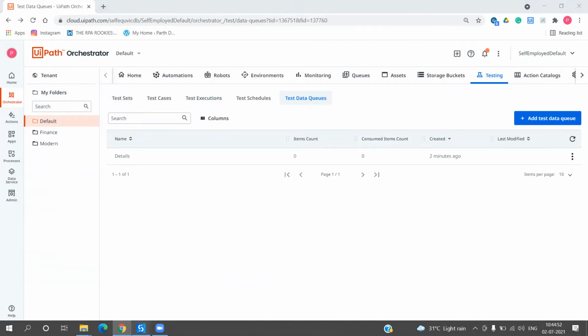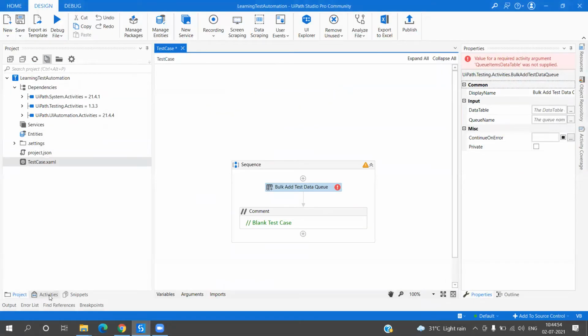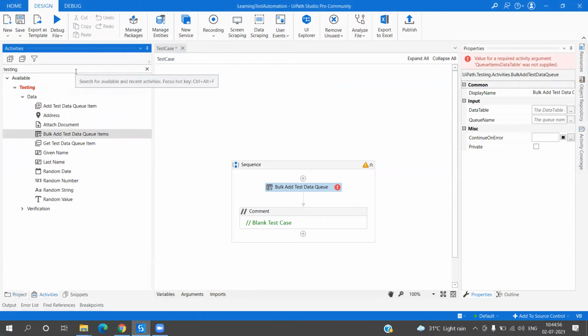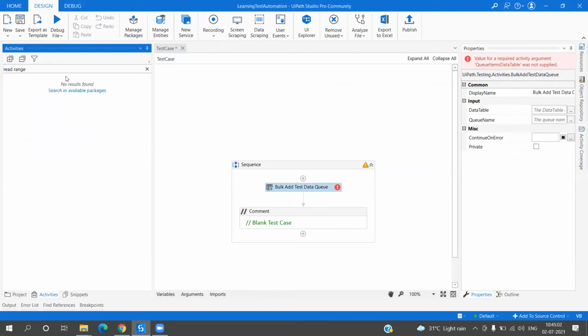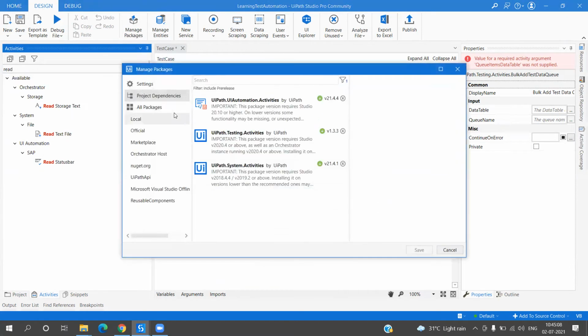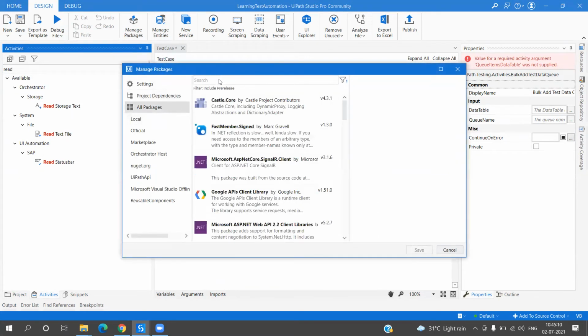Now, in this particular workflow, we are going to use a read range activity. Okay. Manage packages. I think the Excel package is not installed, as we can see over here.